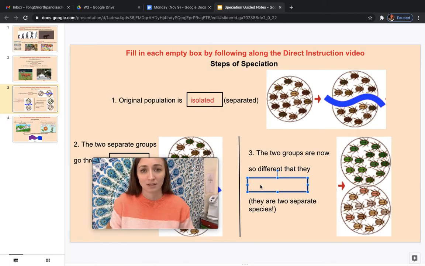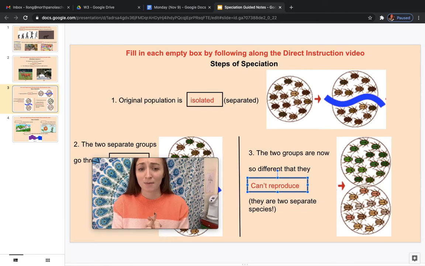It can be a number of things. It can be how their bodies are actually made up. It can be the number of legs they have. It can be whether or not they can fly. It can be all kinds of things. But over time, there can be so many changes occurring and being passed on to the new group that these two groups, even if they were rejoined, let's say that river dried up and those two groups can now mingle with each other or try to reproduce, they may be so different that they can't even do it. So they cannot reproduce.